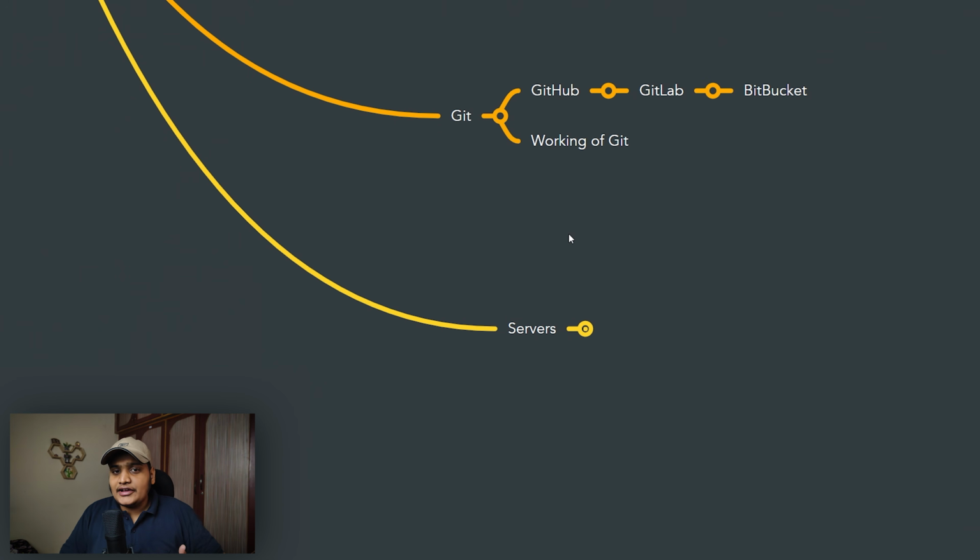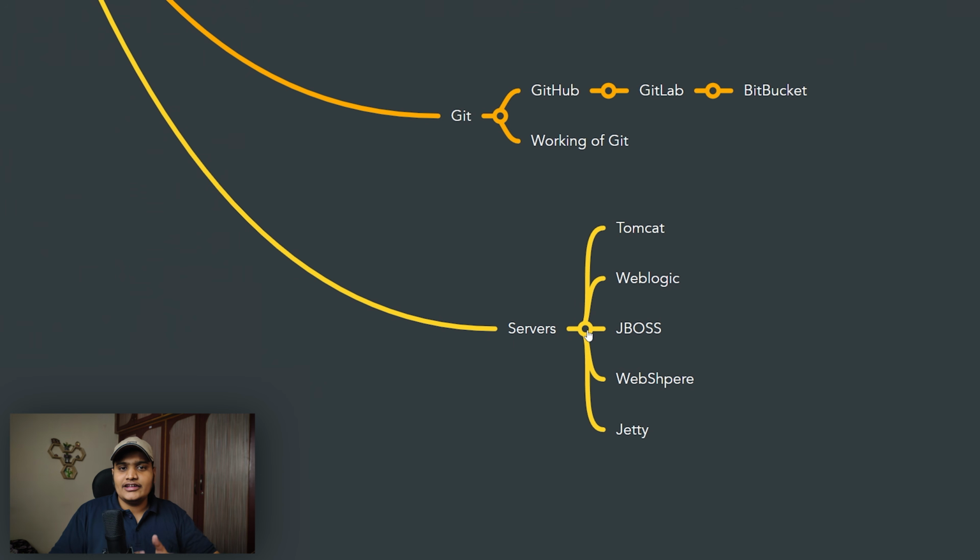Once you are creating your web application, you will be deploying it somewhere. You will be deploying your applications on servers. So you should be aware of at least one server that you can work with, right? There are a lot of servers available where you can deploy your Java application, and Tomcat is mainly widely used, and I've seen JBoss also used in many places. There are a lot more web servers available. So you should be aware of how to deploy your applications to your application server or web server. I'm not telling you to learn advanced knowledge about the different servers, but you should be able to deploy your application. At least that you should be aware of.